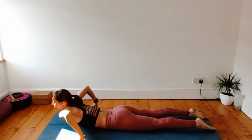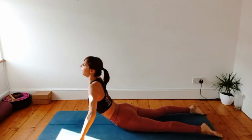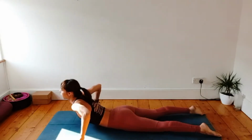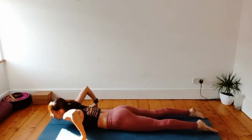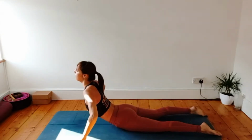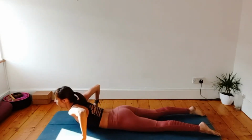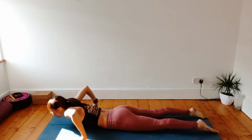On the next inhale, lifting the chest up, rolling the shoulders backwards, and on the exhale, go down. A little bit of a deeper back bend than before. Inhale, lift up. Exhale, go down, trying to activate your low back muscles, not relying everything on your hands. Lift up